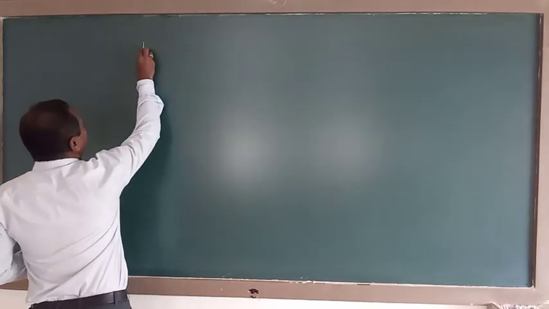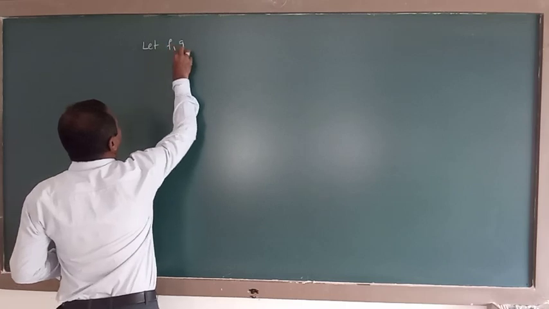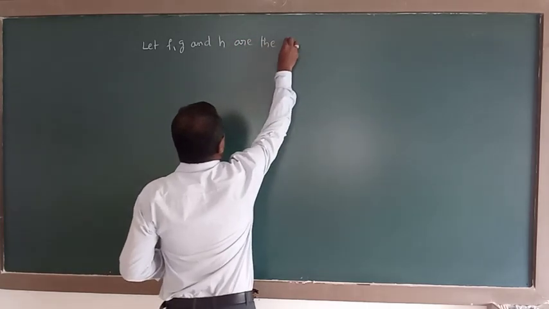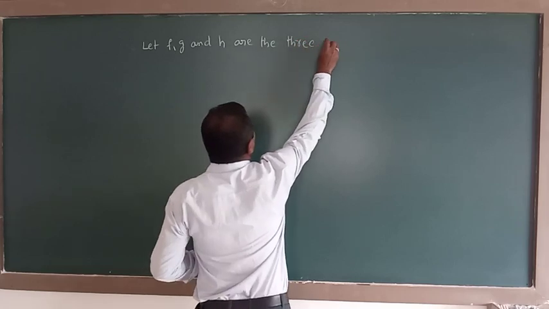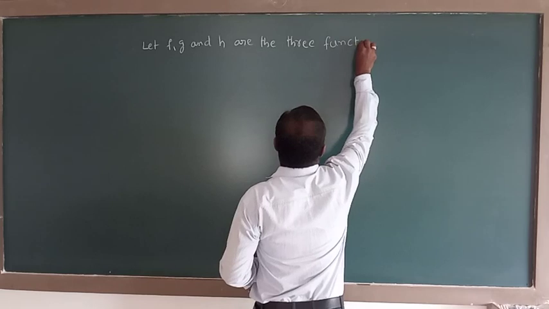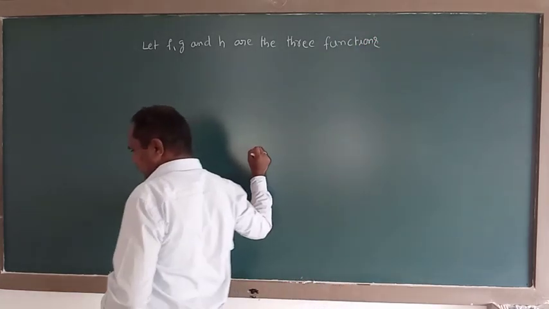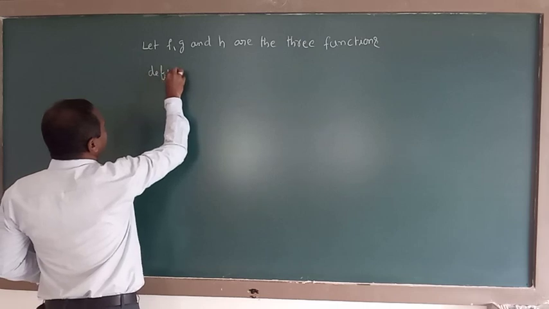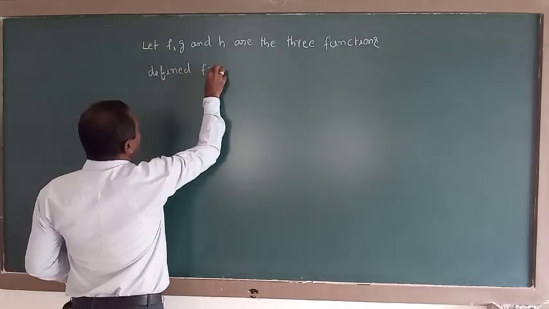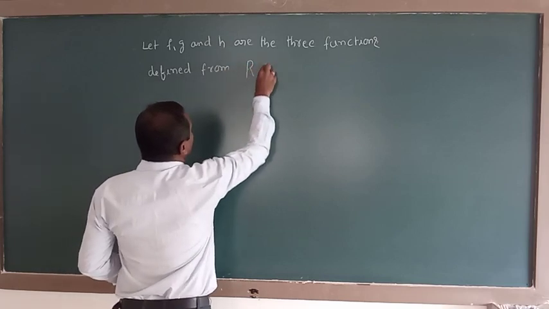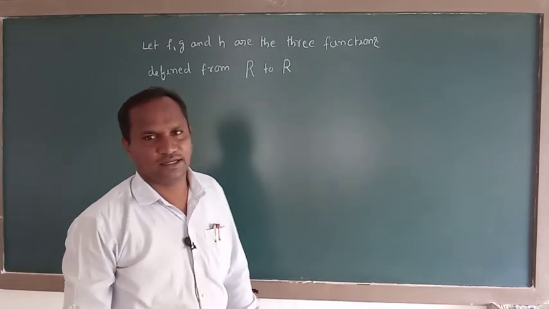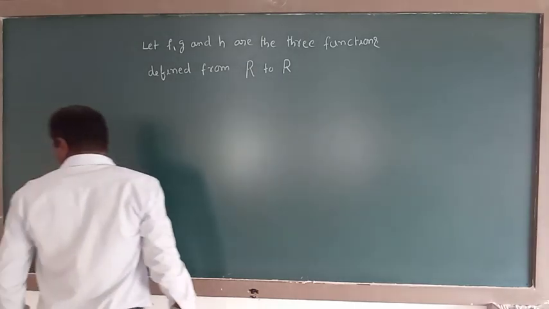First question is, let f, g and h be three functions defined from R to R, capital letter R to capital letter R. R means here the set of all real numbers. R to R. Then show that